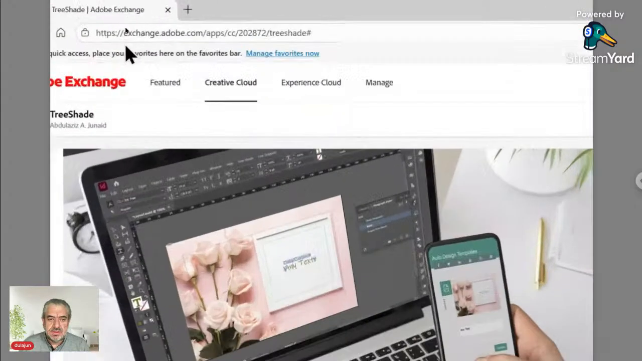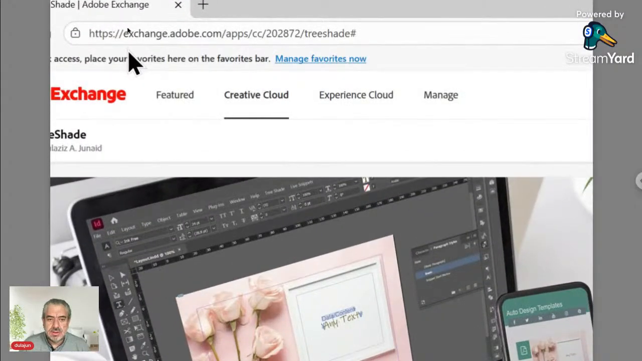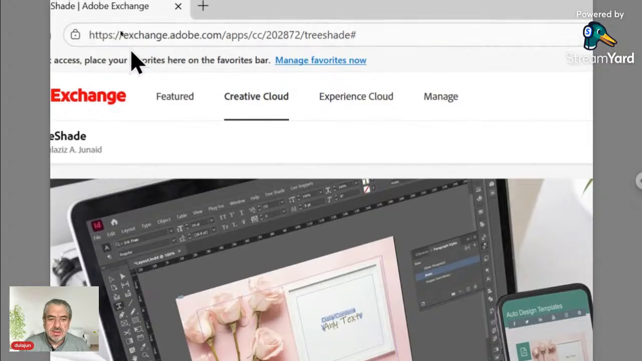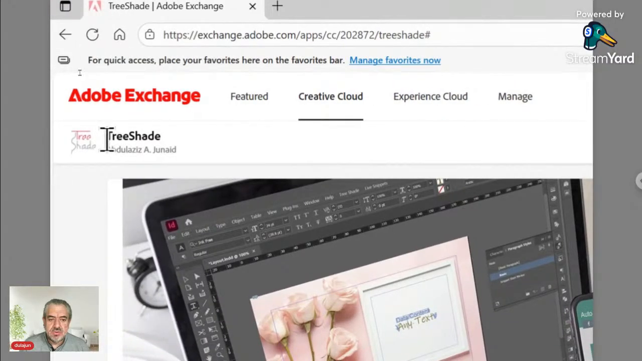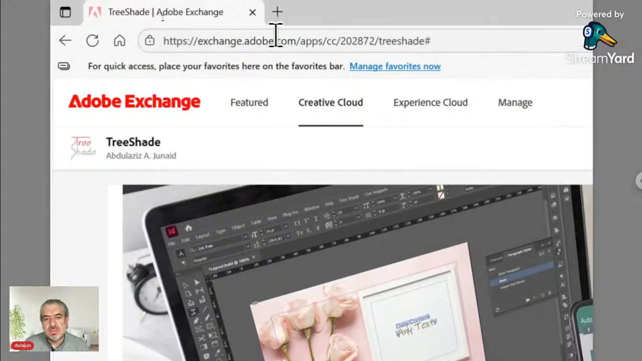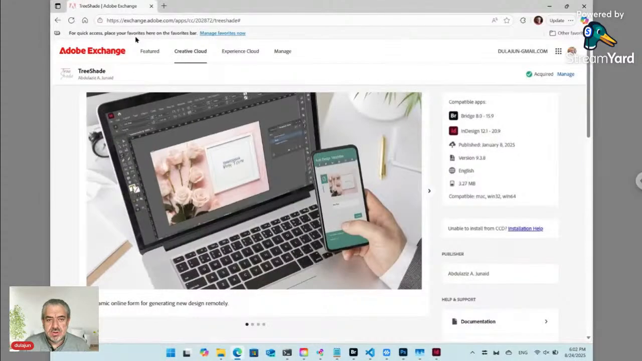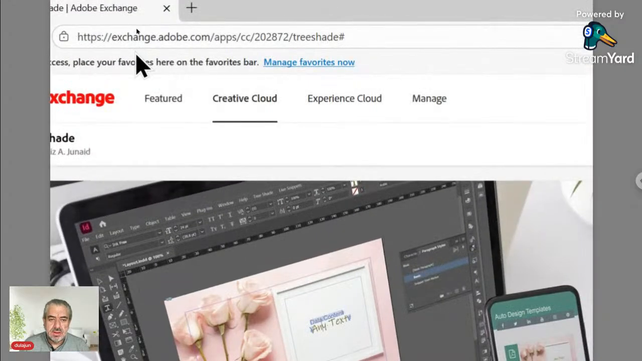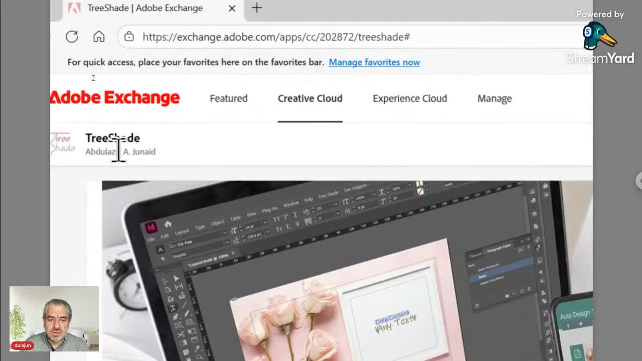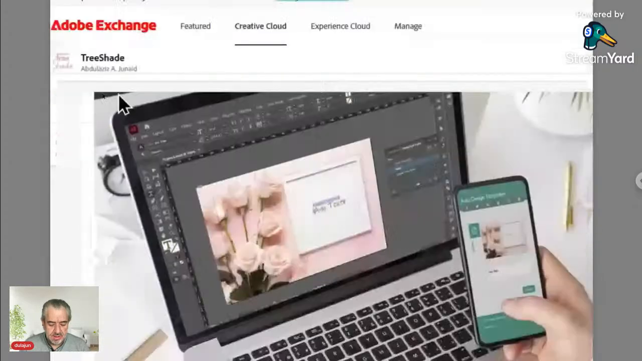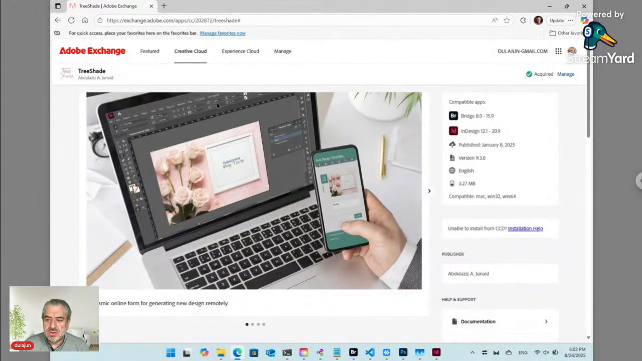At first, we are talking about software called TreeShade. This software you can install totally free from Adobe Exchange. It's for content management and for auto-generating for design. Go to exchange.adobe.com and search in Creative Cloud for TreeShade. I have developed this software,